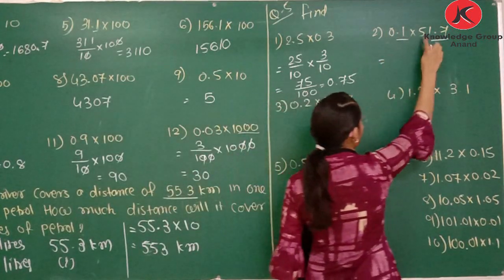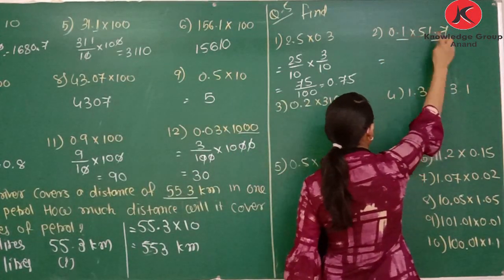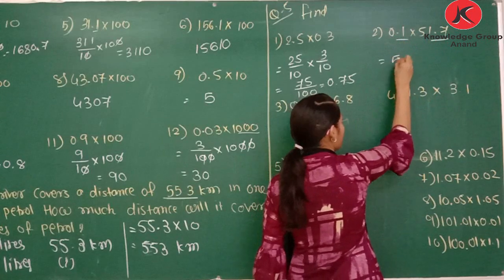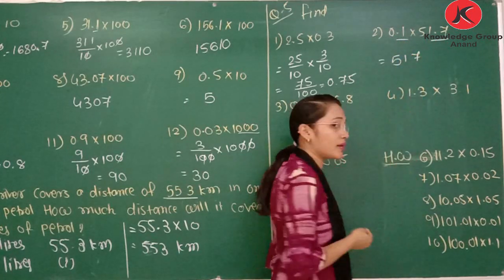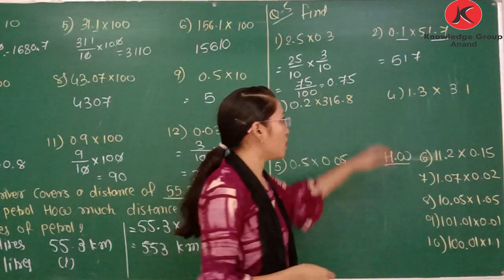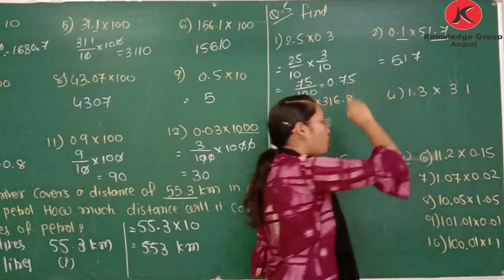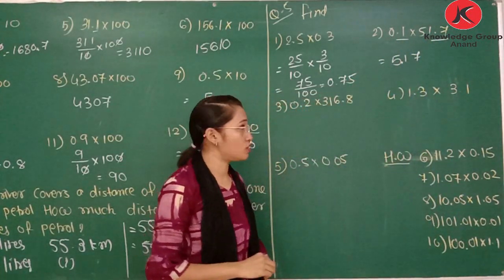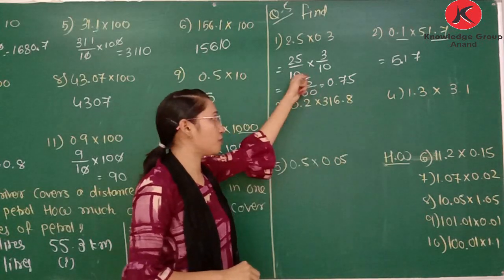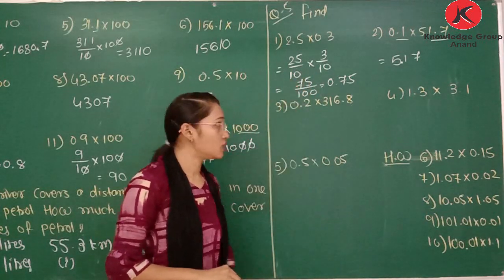So first of all, 570 multiply 1 is 570. If you multiply any number by 1, the same number comes. Here 1 and 1, total 2, means the answer needs two numbers after the decimal point, so it is 5.70. Otherwise you can perform this method. If you do it this way, that also works.